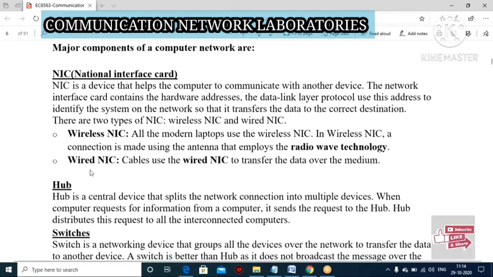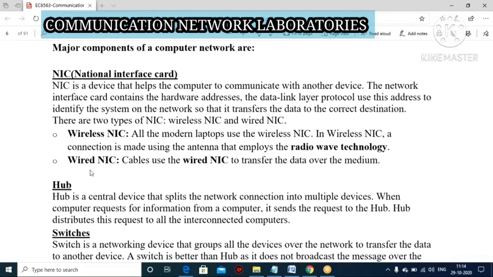When compared to the hub, the switch is better because it sends your message only to the one that requested it. When some of the networks are connected with a switch, if any one system requests some messages, the switch will respond to that system only. So instead of a hub, a switch is better.